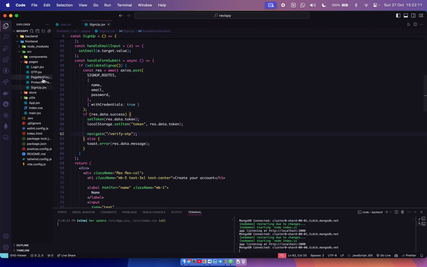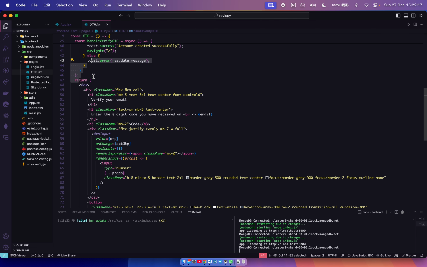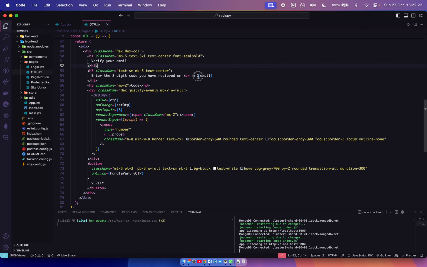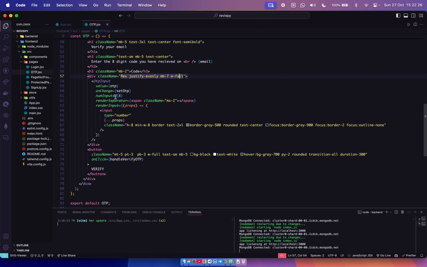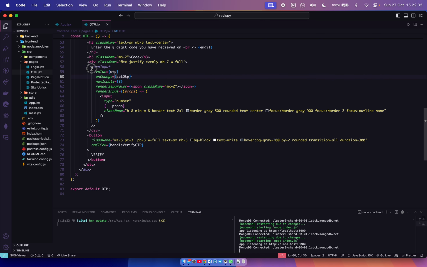Okay, so the OTP will be displayed over here. This is also wrapped in the box component. It is having a simple heading and the email, etc. And we are having the OTP input, which is from Material UI. It is having the value OTP, onChange set OTP is the function, and the number of inputs is 8. This is all from Material UI. And after this we are having a button to submit verify OTP.